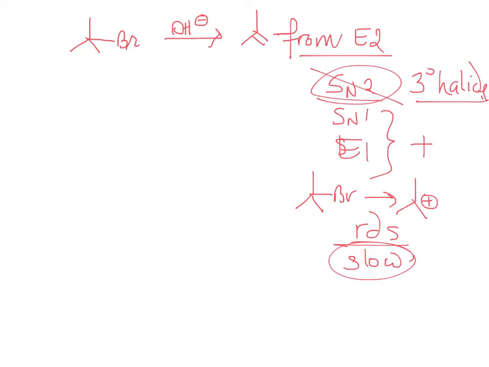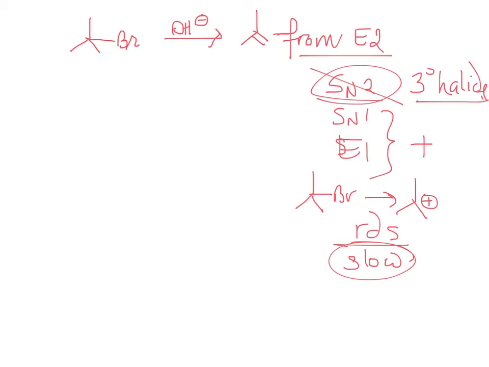So if the rate of the elimination in an E2 manner is going to be faster as compared to the RDS, then of course the SN1 and the E1 cannot compete. On the other hand, if that is faster, then the one that's the fastest is going to take place. So you have to think about all the possibilities, and then take off the ones that you're not going to see